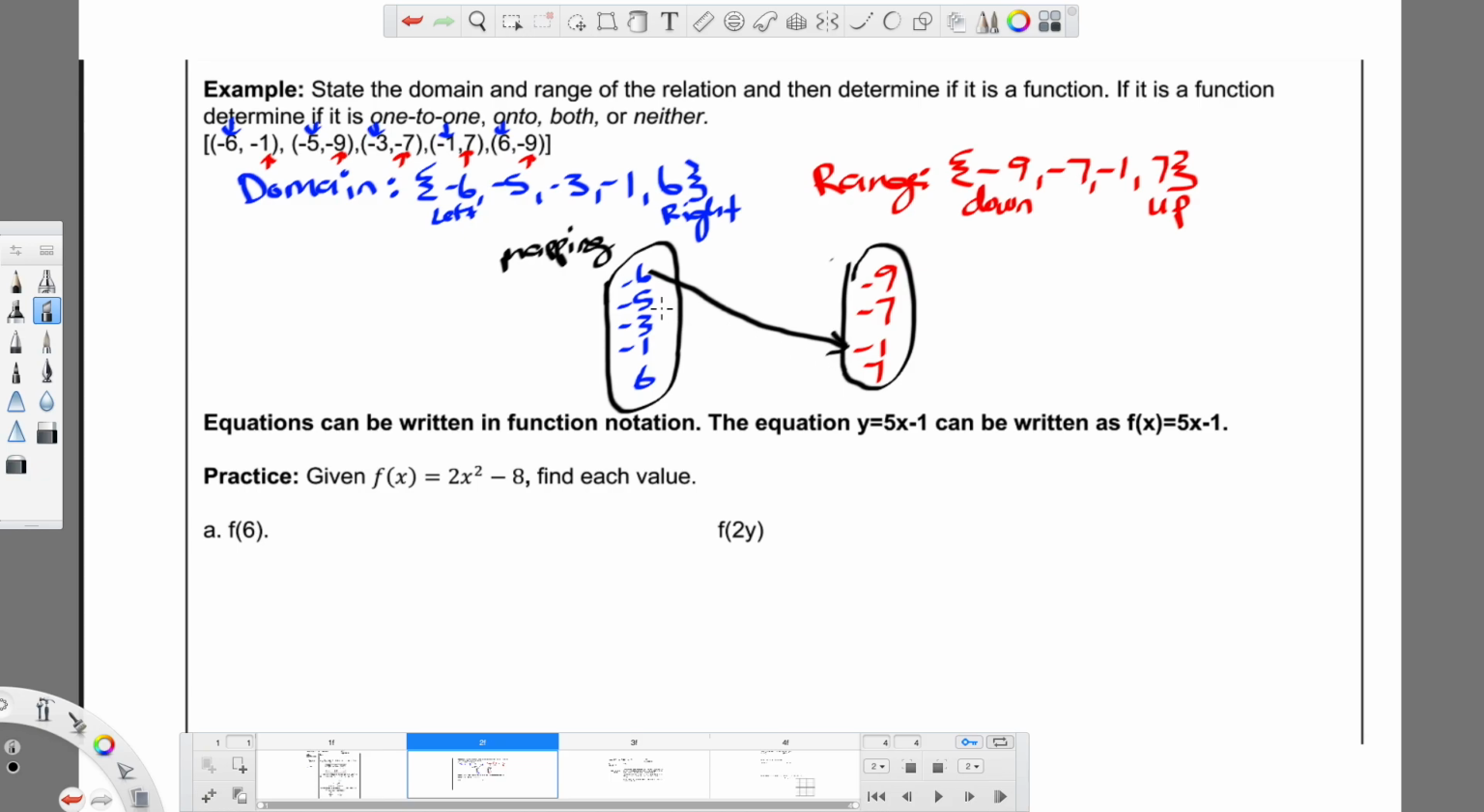-5 belongs to -9. -3 belongs to -7. -1 belongs to +7. And then 6 also belongs to 9. So if we take a step back and look at this,